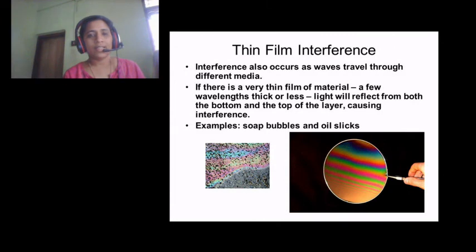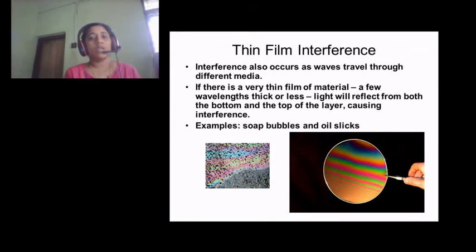Today we will be discussing thin film interference. Actually, we were discussing this during the last two classes, and thin film interference is interference due to division of amplitude. That is, here interference is happening due to the partial reflection or partial refraction between two rays coming from the upper and lower surfaces of a thin film.